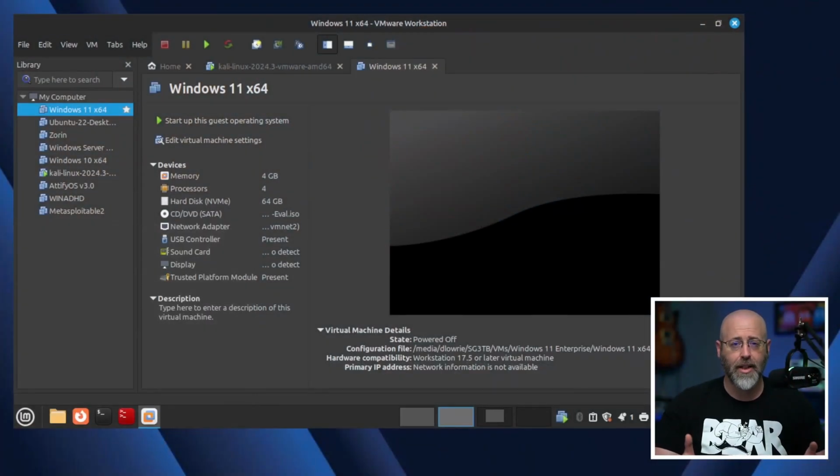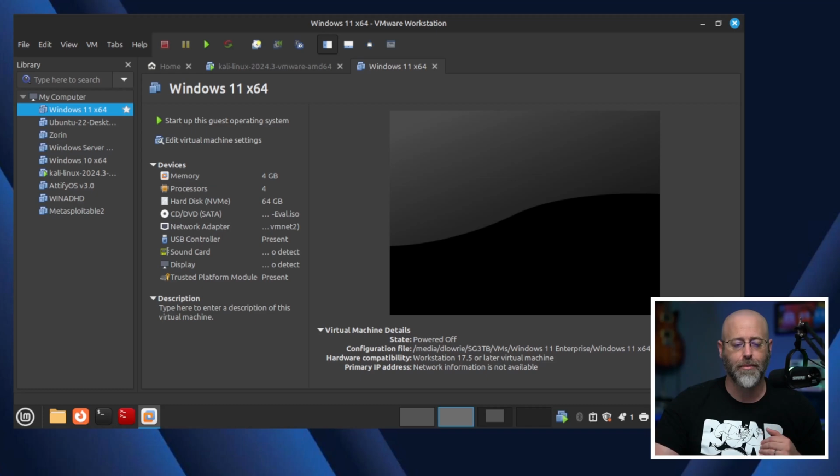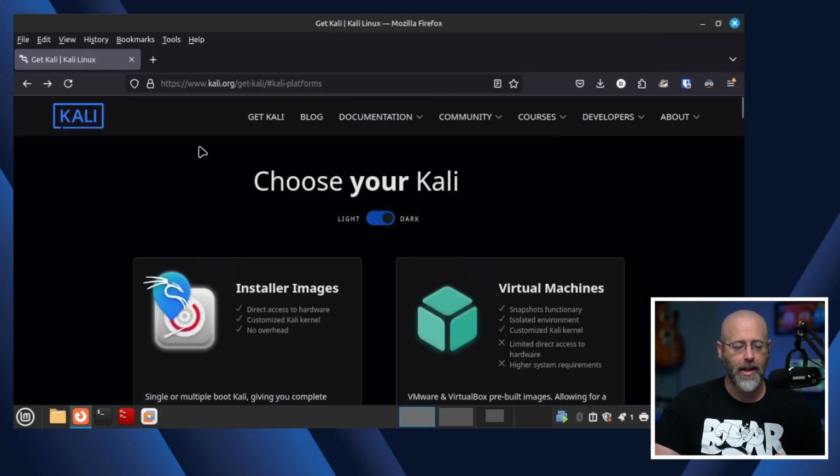Now, I've got VMware Workstation Pro already up and running, ready to rock and roll. Got my virtual machines sitting there doing their thing, having fun. But like I said, the first thing we need to do is get that ISO. If you need that ISO, you're going to have to go to